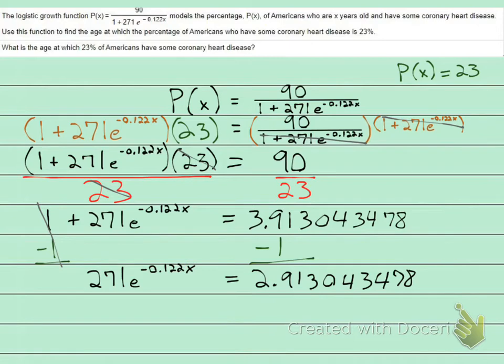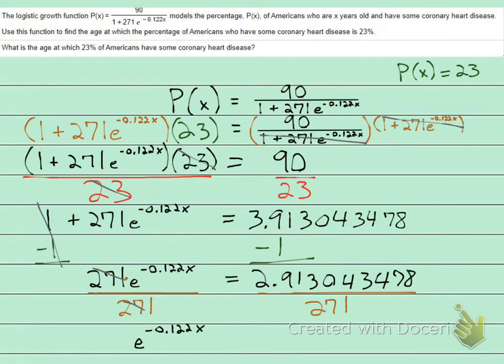Let's go ahead and get rid of this 271. This is 271 times e to that exponent. So to get rid of multiplication, we are going to divide. I will divide this whole side by 271, and I will divide this whole side by 271. On the left, 271 over 271 reduces down to 1. So I'm left with e to the power of negative